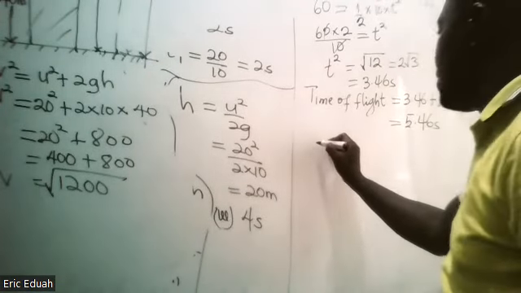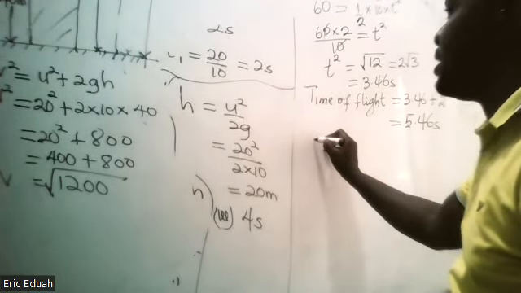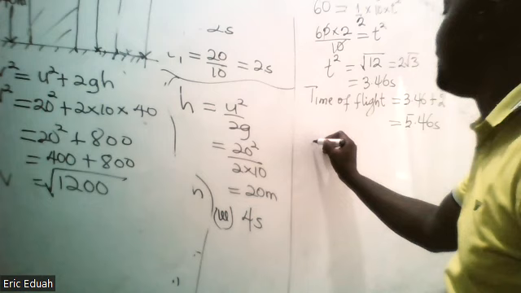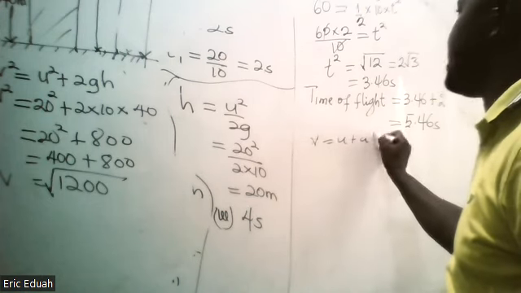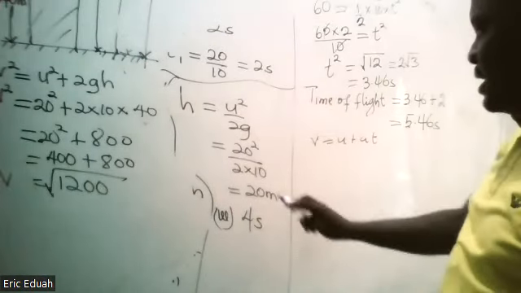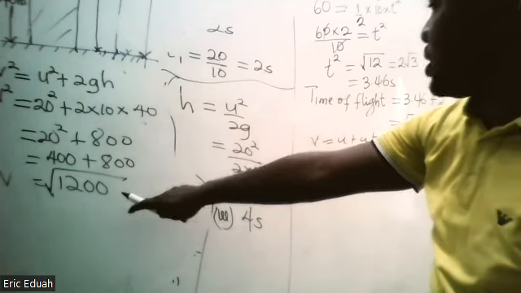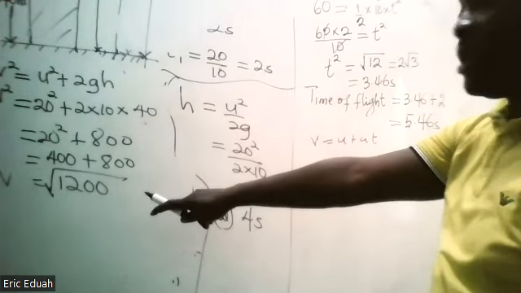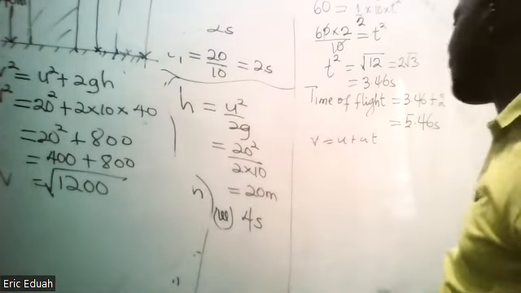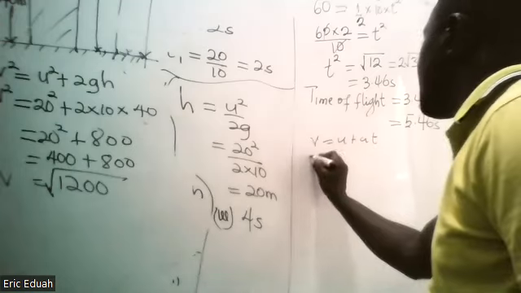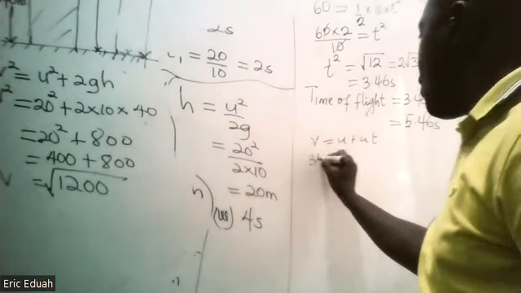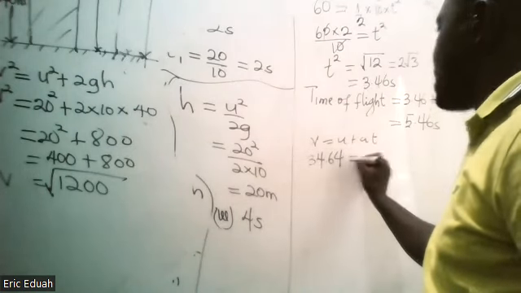We can even use v is equal to u plus at, because once we are considering this, our v is the value we got when we took the square root of 1200, which was 34.64. Because we are considering this height of the tower, 34.64 is equal to